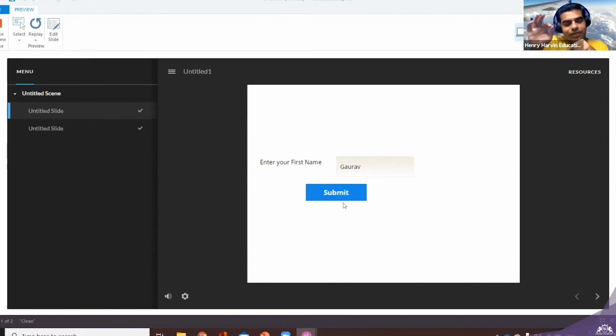In each and every case, jump to slide will be important whenever you want to manually go from the first slide to another slide. When the name has to appear manually in the second slide, then we have to use jump to slide. Nothing like that. Jump to slide, you can go now. Suppose if I just talk about these things, I can do it from here also.